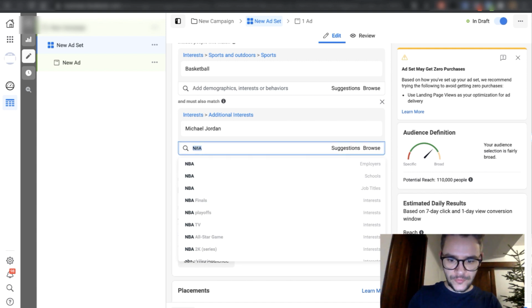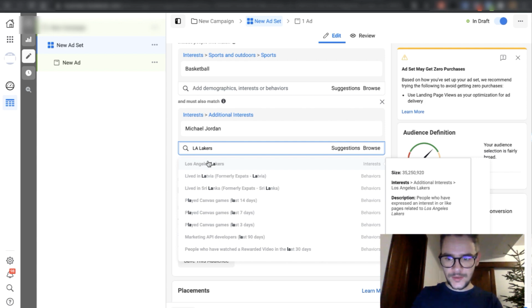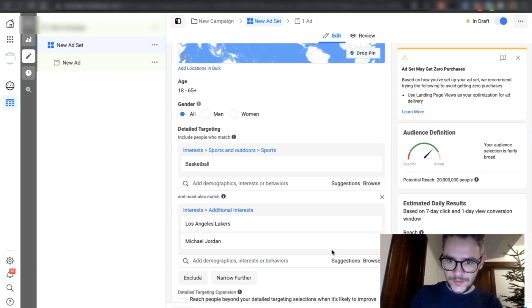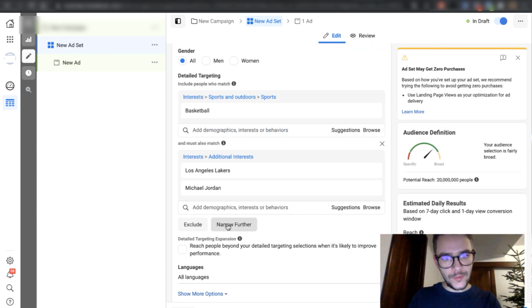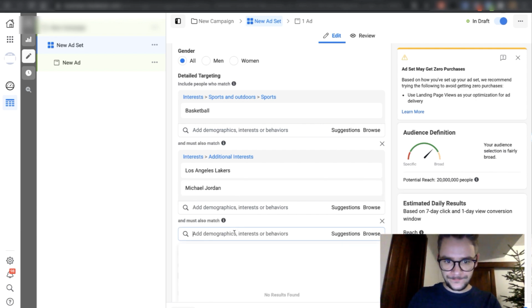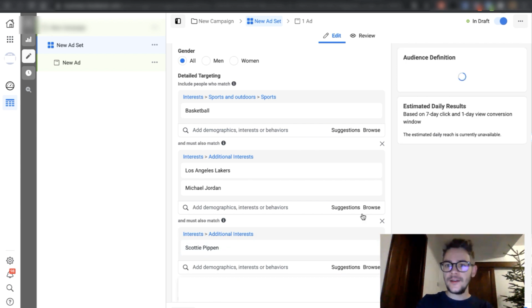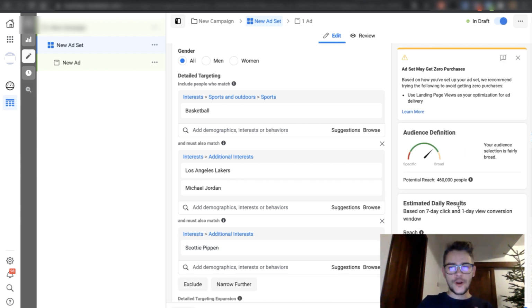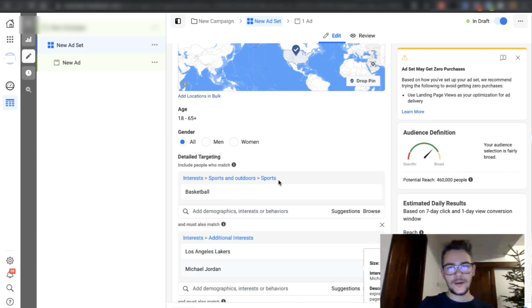Or let's do Los Angeles Lakers. Let's see. It's 20 million. We have to narrow it even more. Let's do Scottie Pippen. Let's see. So we have 460,000 people. This is okay. This is a good example. This is a pretty small